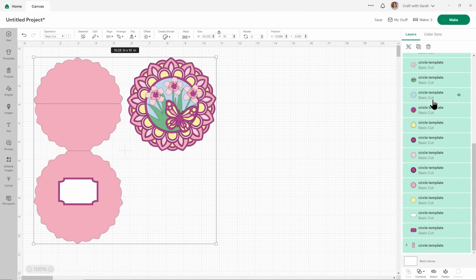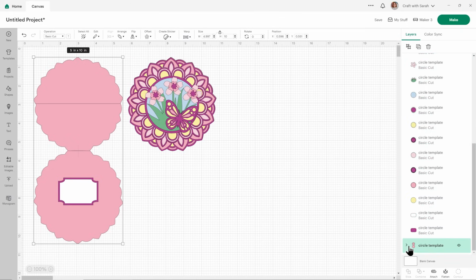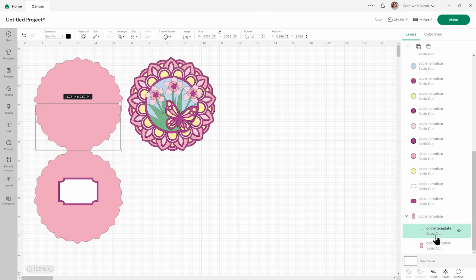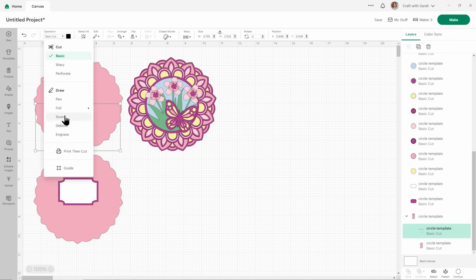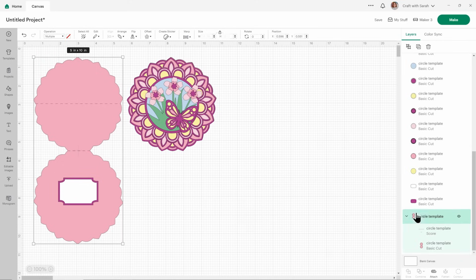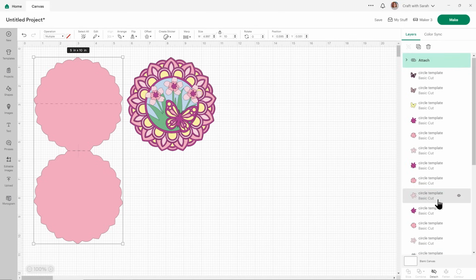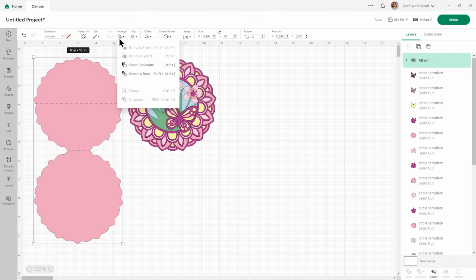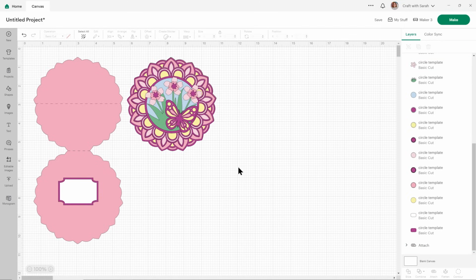And then scroll down to the bottom until you can see the group with the base card and the horizontal lines. Click on those horizontal lines and change them to a score. And then select that group and attach. If you want, you can then send that back to the back. And then this one's ready to cut too because I have done everything for you.